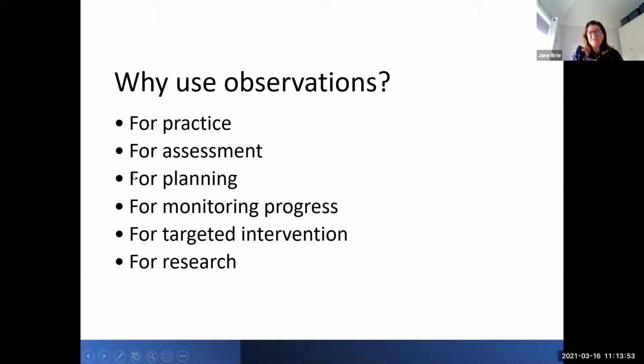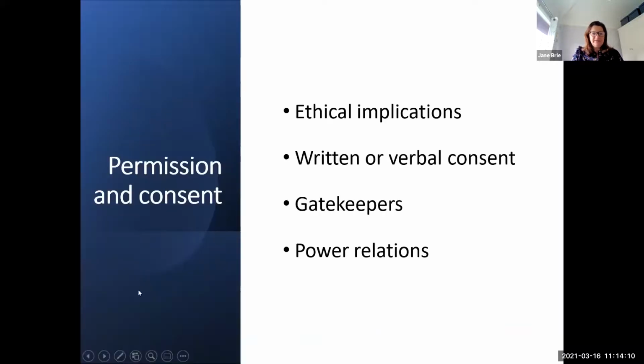So we've looked at research. Research is really important to use observations as well. But again, not just in that sort of experimental test environment, but in many different ways. So the important part to consider,